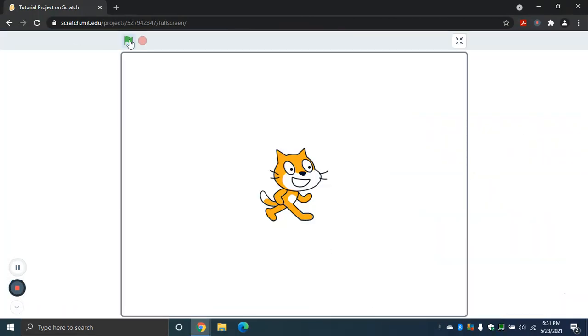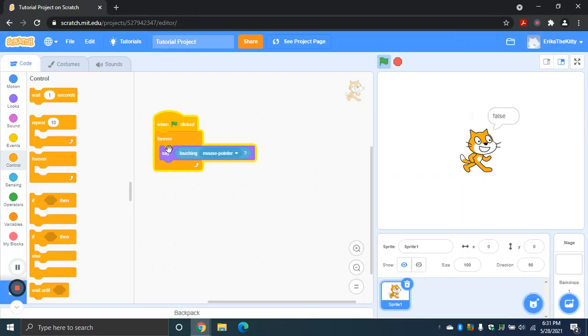Okay. False, true. Notice that it says true when we're touching the sprite. And it has to be the actual art of the sprite. Sprites don't really have separate hitboxes in Scratch. So either way,